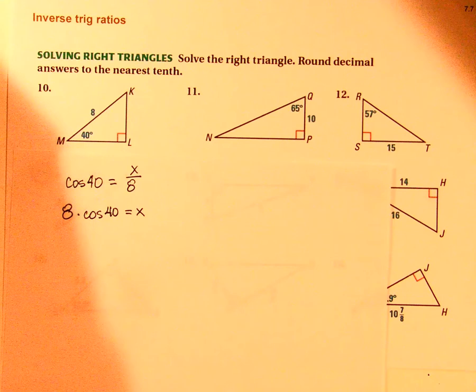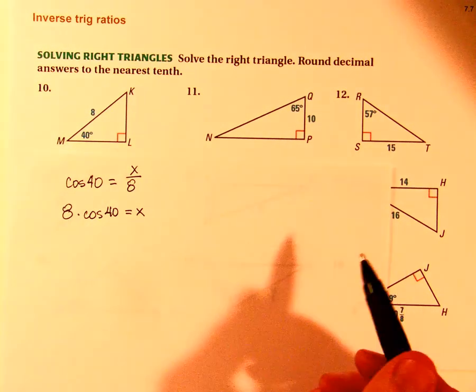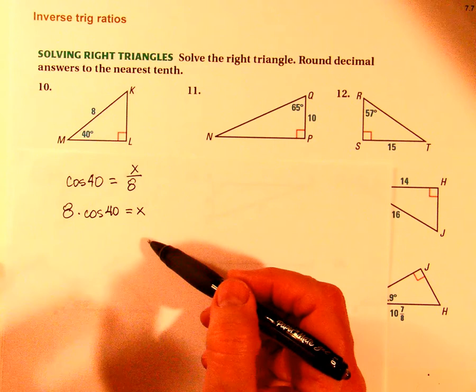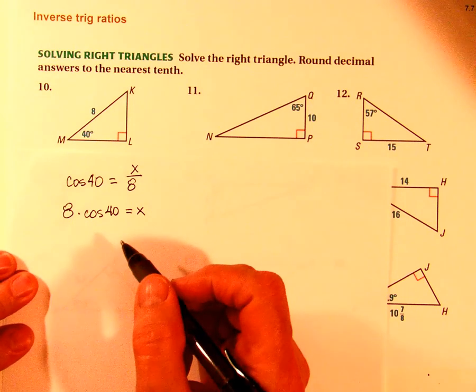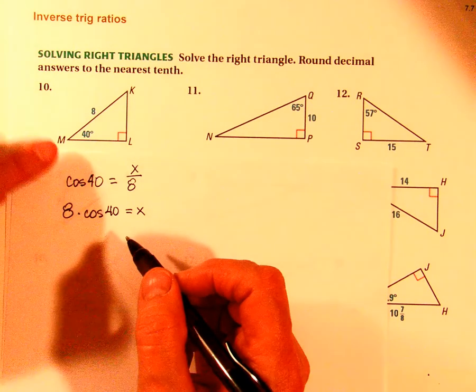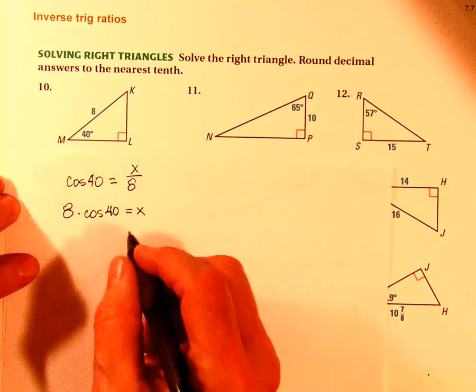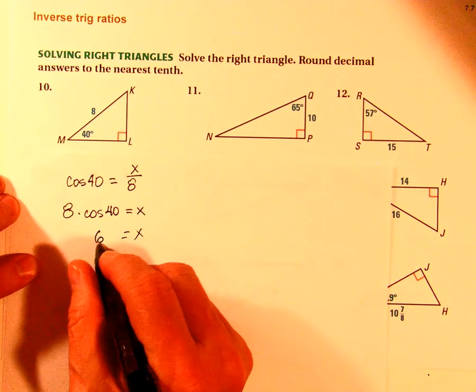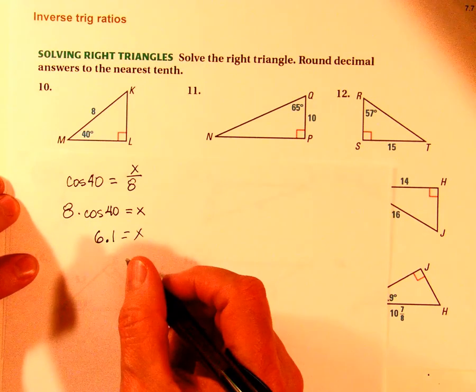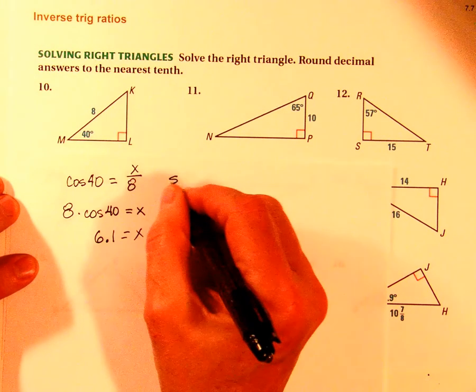So we'll be solving this. This one doesn't actually involve the inverse functions. You'll solve it out as you've done the others. You'll come out here that the side length ML is equal to 6.1. Then you can do it again, but next time you'll do the sine, because you got to get